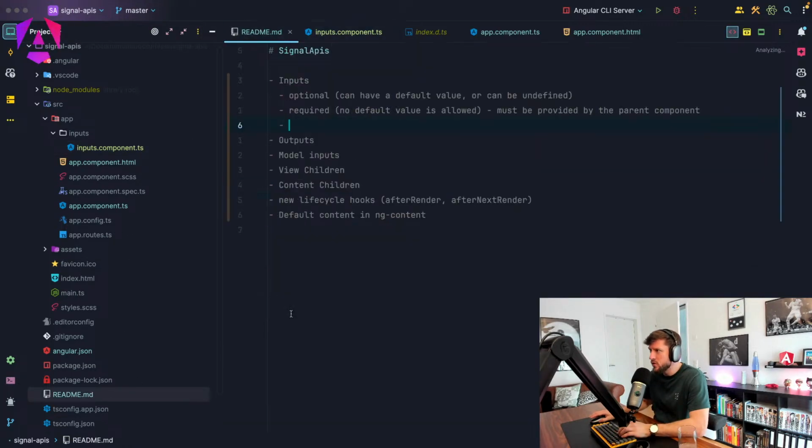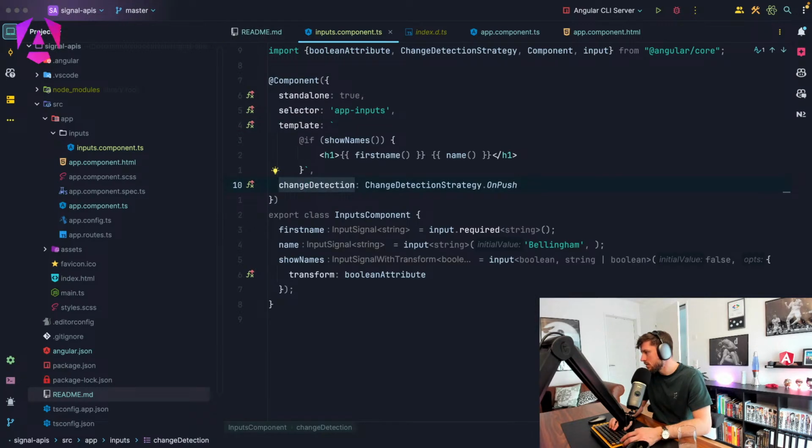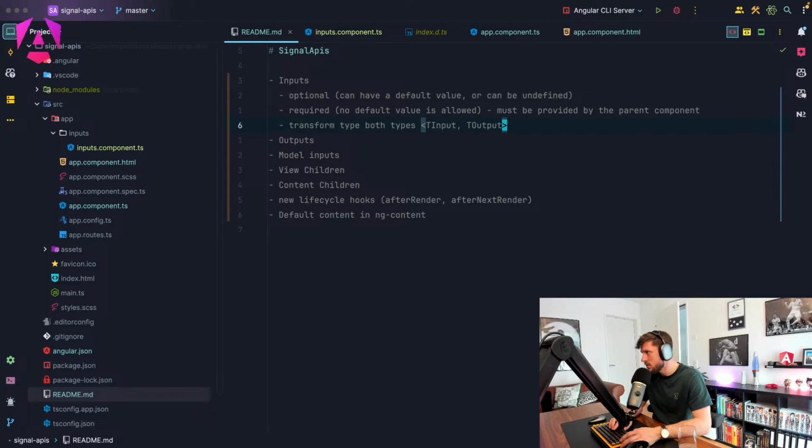And that's actually a good point to mention here, that transform takes both types, and that would be like T input, T output, right? Exactly as you mentioned it. No, the other way around. The first one is the output. So it would be like this. Output and